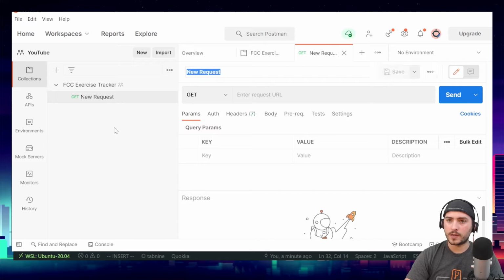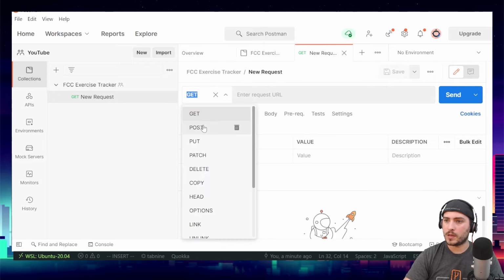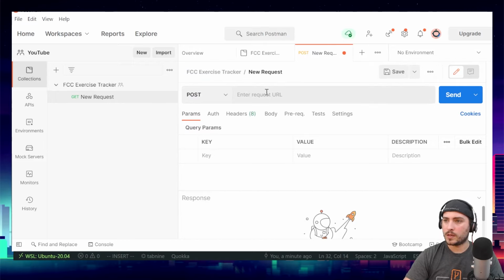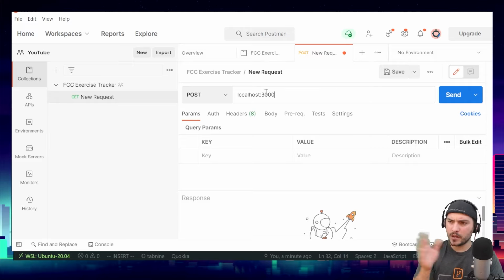And I'm going to make a new request, and this request is going to be a post, and we'll just do localhost 3000. If we end up using Postman more, I'll show you guys a better way to do this, but for now I'm just going to hard code localhost 3000,